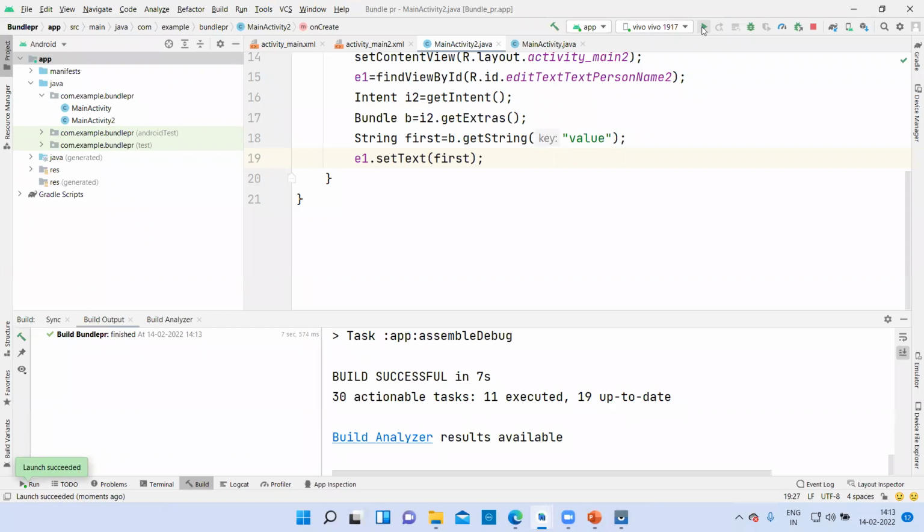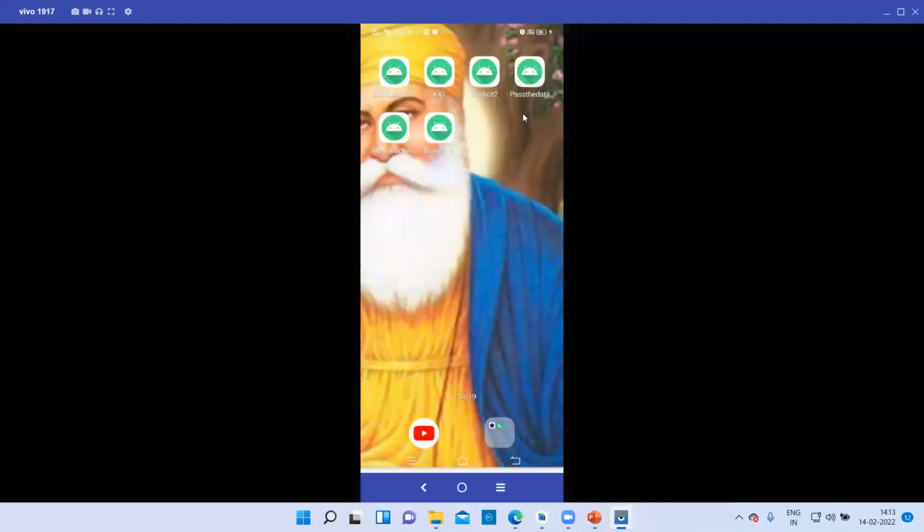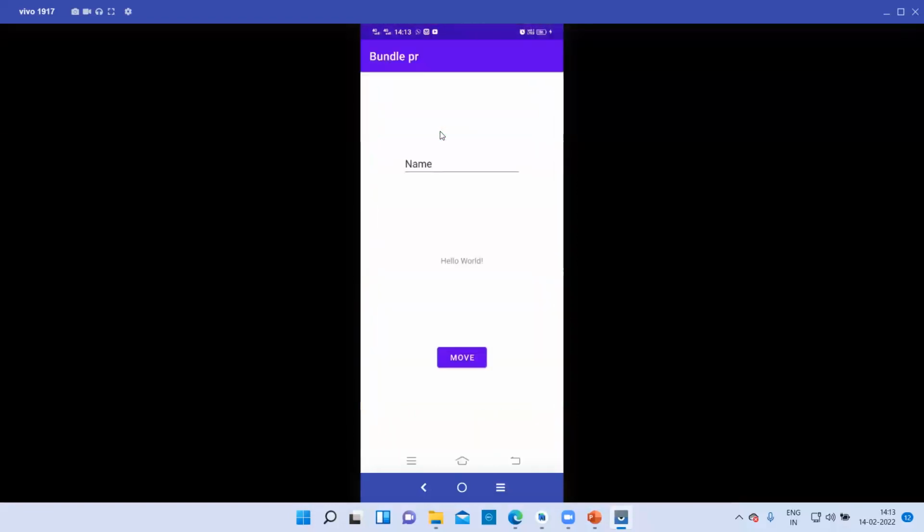I'll show you my screen. Let me open this now. Hello. And when I say yes, okay, move, you will find the content on the next activity. This is how the data is passed from first activity to the other, using the Bundle class.